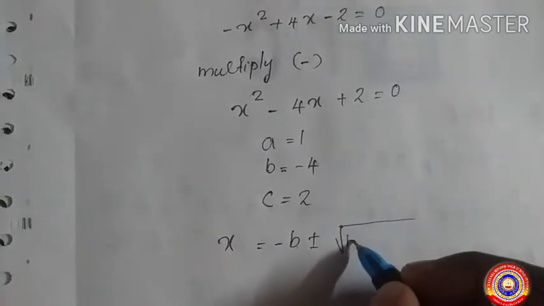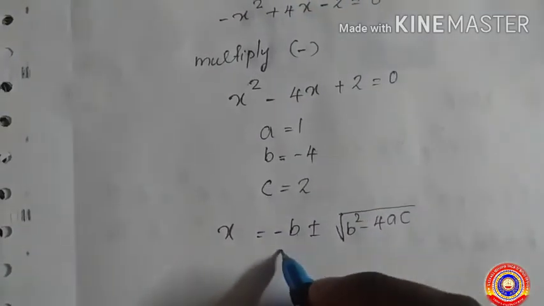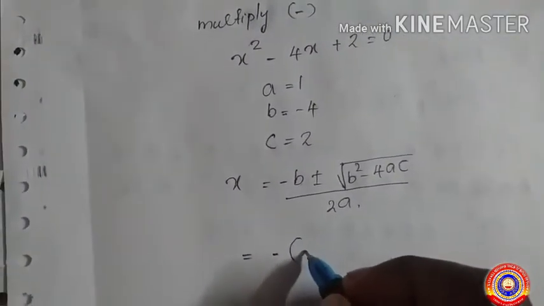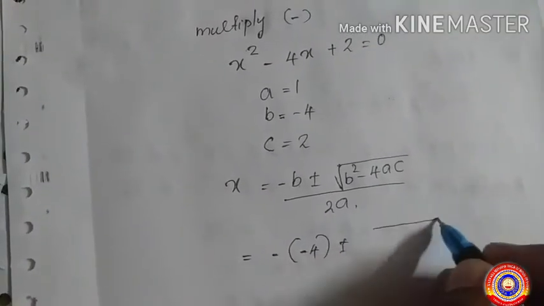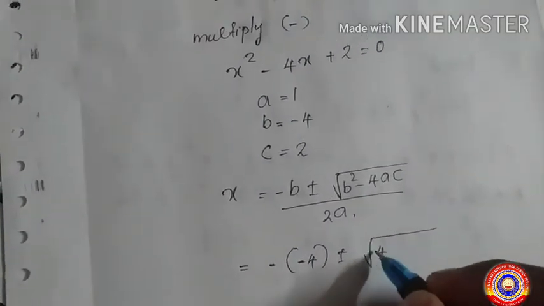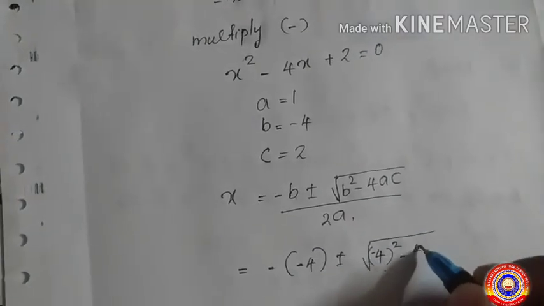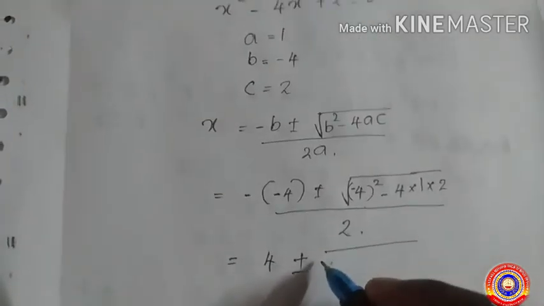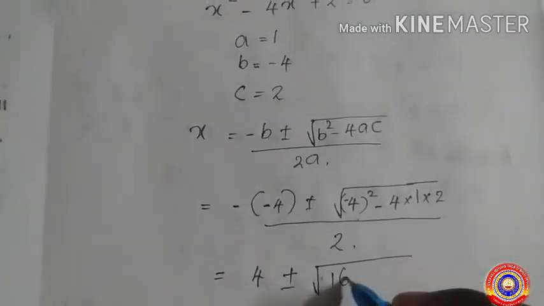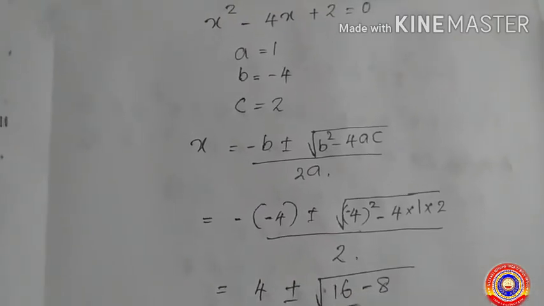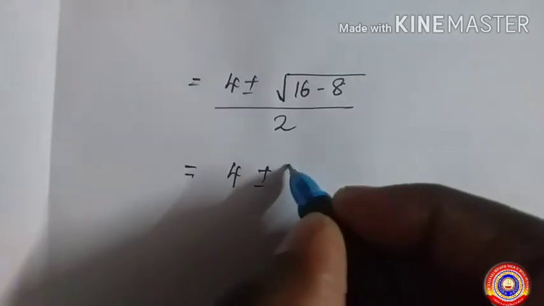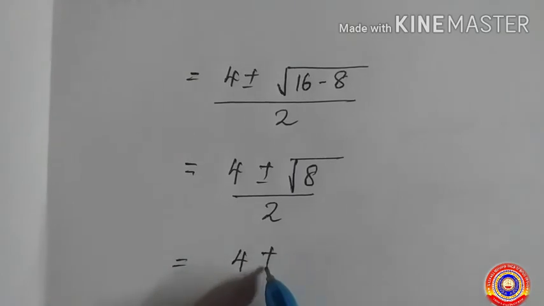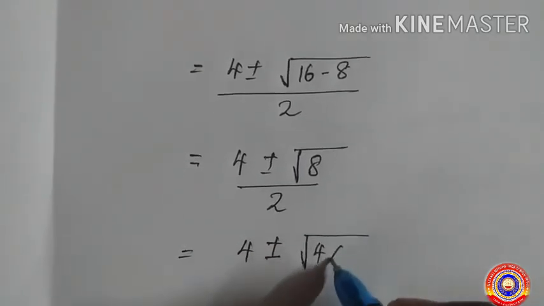So a equals 1, b equals minus 4, c equals 2, and x equals minus b plus or minus root of b square minus 4ac, divided by 2a. Minus of b is minus of minus 4, which is 4, plus or minus root of (minus 4) the whole square minus 4 into 1 into 2, divided by 2. That is 4 plus or minus root of 16 minus 4 into 2, which is 8, so 16 minus 8, divided by 2. So it is equal to 4 plus or minus root 8 by 2, equal to 4 plus or minus root of 4 into 2,